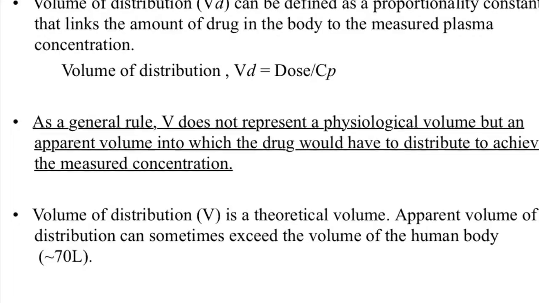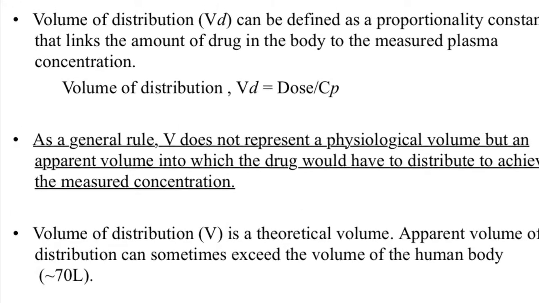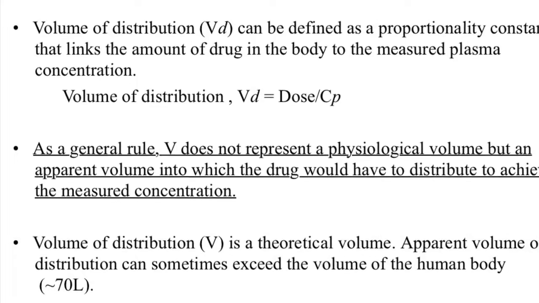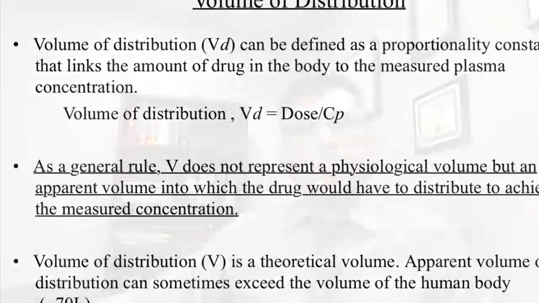By definition, the volume of distribution is a proportionality constant that links the amount of drug in the body to the measured plasma concentration. The equation is volume of distribution equals dose over Cp. If you take the initial dose divided by the Cp, which is your concentration in the plasma or in the blood, you can calculate the volume of distribution. Now, why is this so important? Because